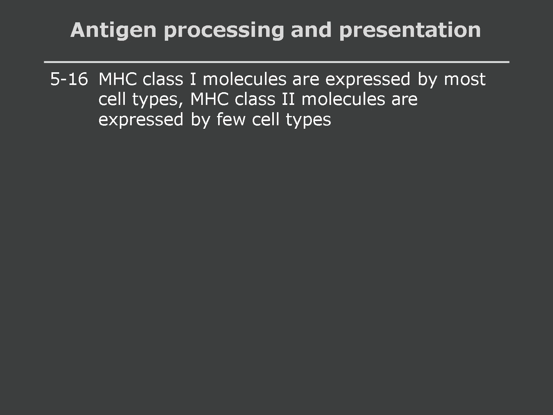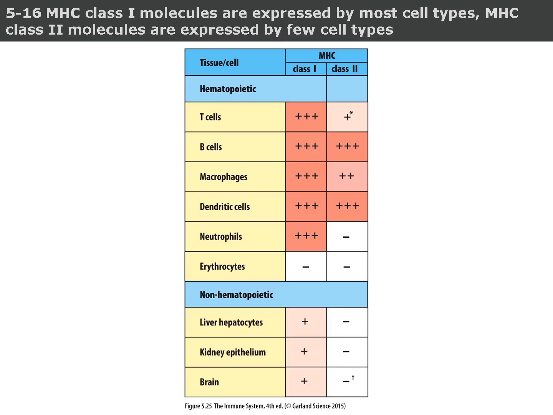MHC class I molecules are expressed by most cell types. MHC class II molecules are expressed by few cell types. This chart compares the expression of MHC class I and class II molecules across different cell types. MHC class I molecules, shown in the left column, are broadly expressed. They are present on nearly all nucleated cells, including immune cells like T cells, B cells, macrophages, dendritic cells, and